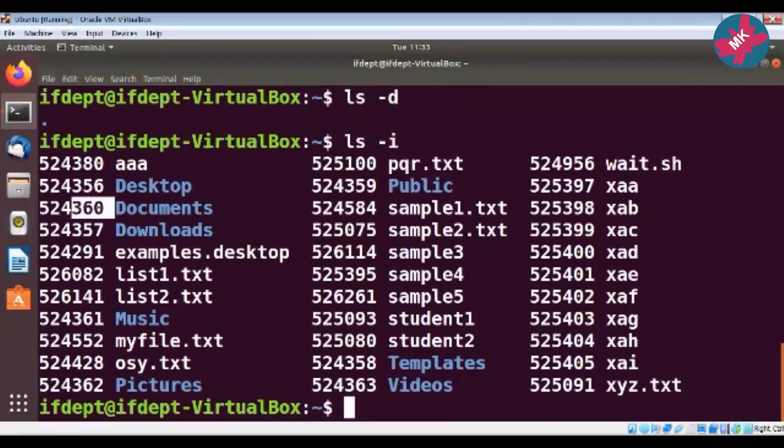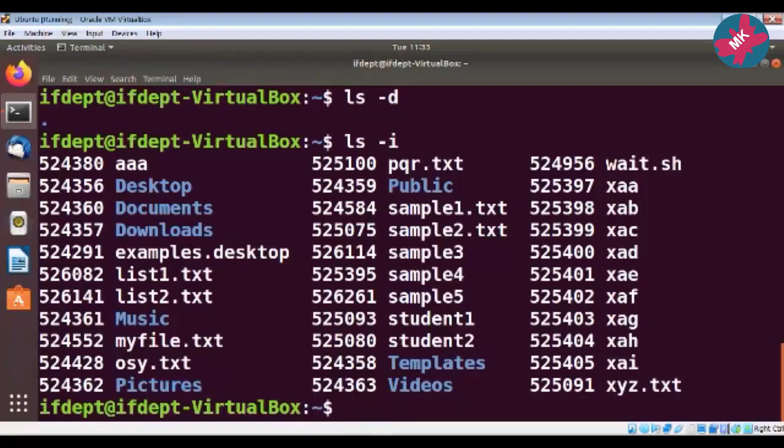Inode means what? These are the file descriptors associated with this particular file or folder. So this i stands for inode number. Actually this is Linux jargon: inode numbers are used for identification of files or directories. So the -i option displays the inode.